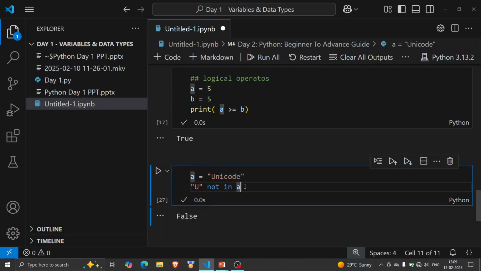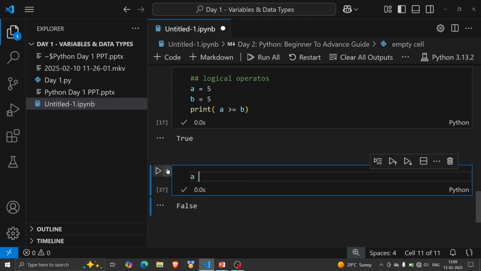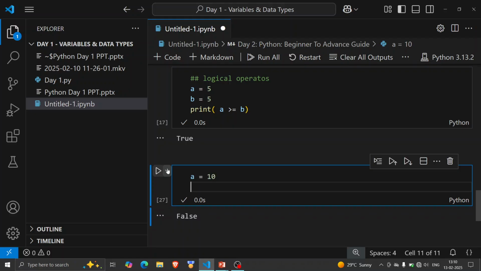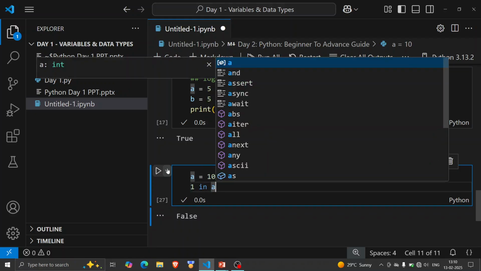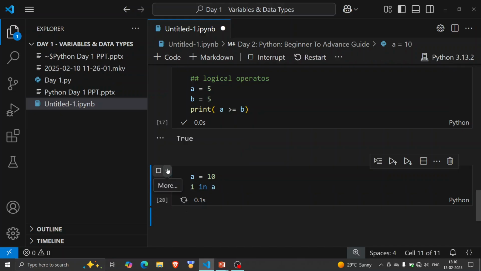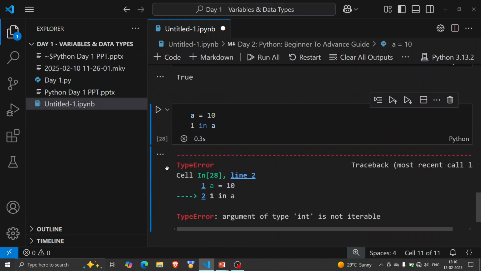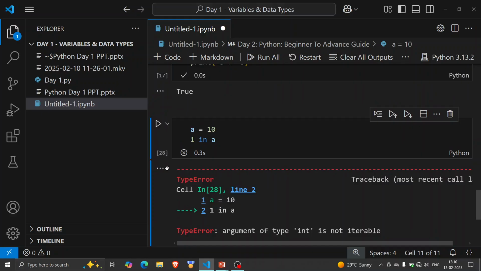Okay, and later we will discuss more about it because it's not as simple a task. When it comes to list, tuple, dictionary, this changes a little bit, but in case of string you can see like this. Or you can't use in like this. If I say a is equal to 10, no, it's not a string, it's an integer, and for an integer you can't say 1 in a. No, it will return an error. Okay, you can't check these things for a number because a number is a particular, fixed value. You can't check 1 in a.